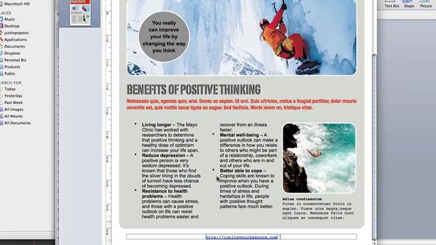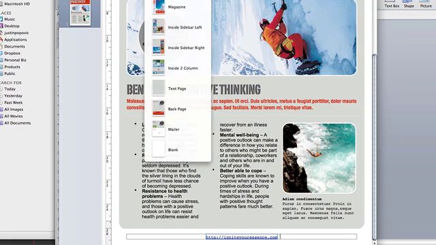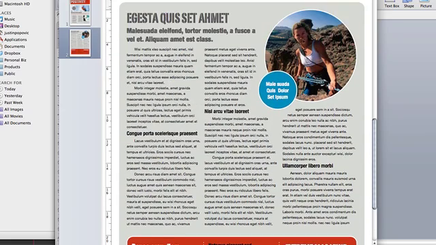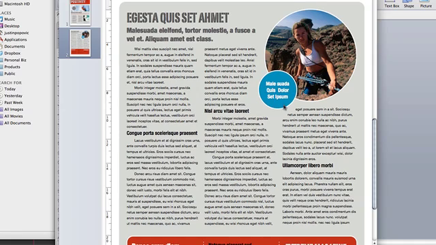This can, as I share this, if people like it, they may click to learn more about me. I might add a page at the end, so you can see the template here. There's a back page, and I might put a little bio about me. This report has been brought to you by Justin, and I'll put a little title of myself